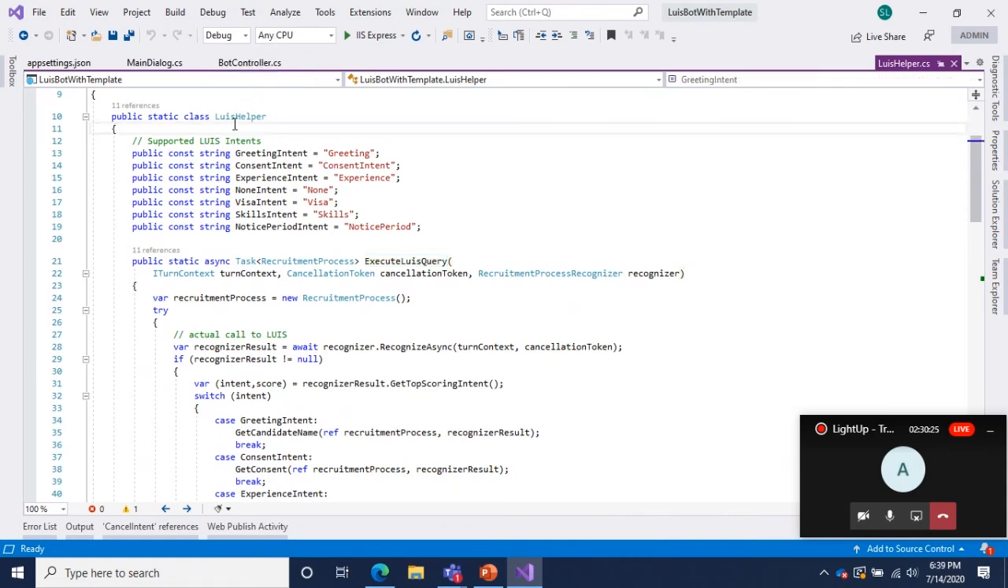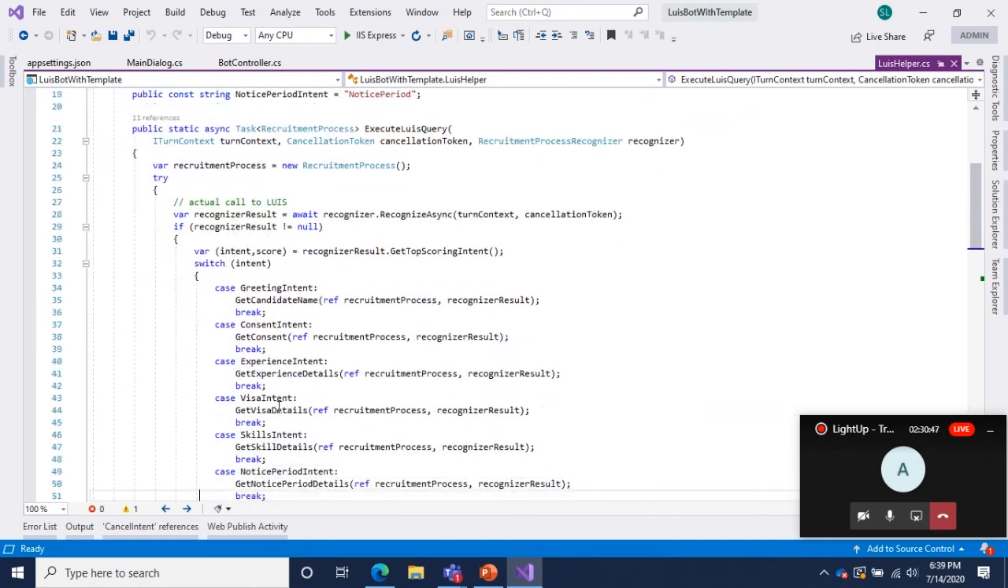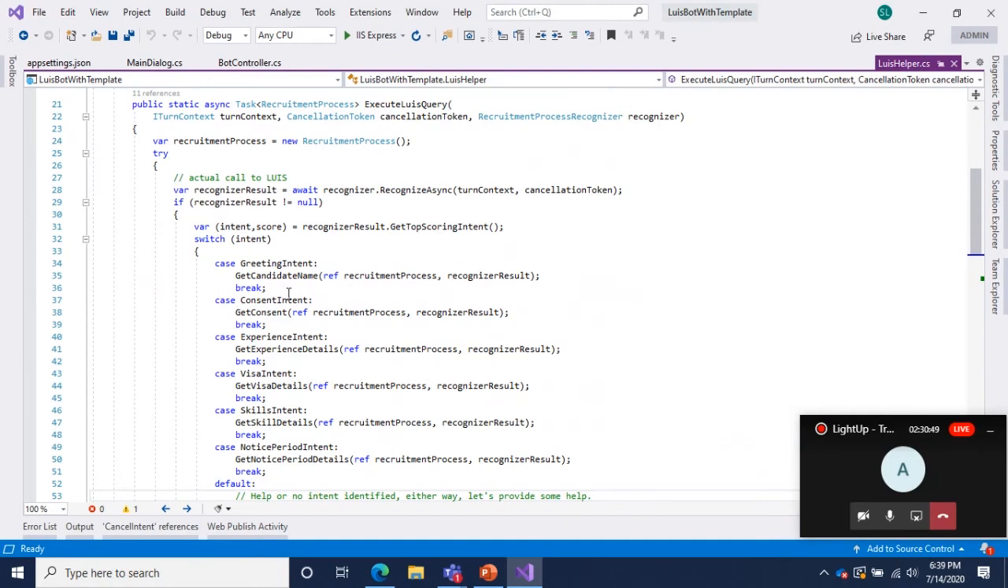So this is the LUIS helper class. I have defined the strings for my intents. And what this particular method is doing is using the LUIS recognizer, it gives me the result. And this result itself will give you the top scoring intent. So this is the same score which we have seen in our test client, web client. So let's say when you set candidate name, it will fall into this, which is the highest scoring intent for me,